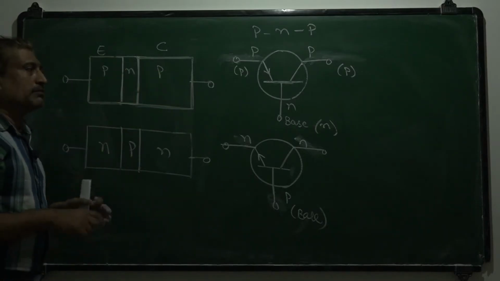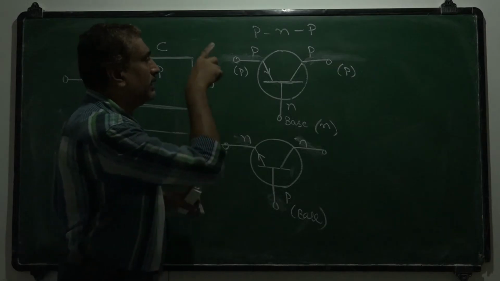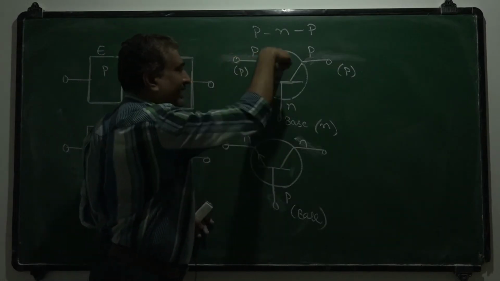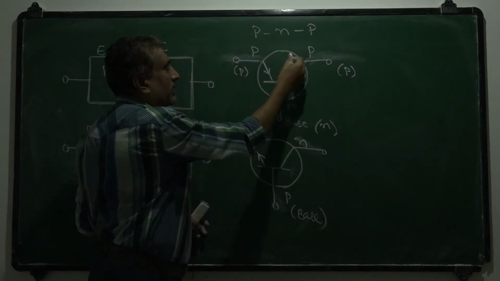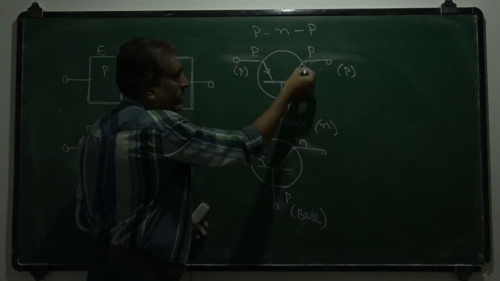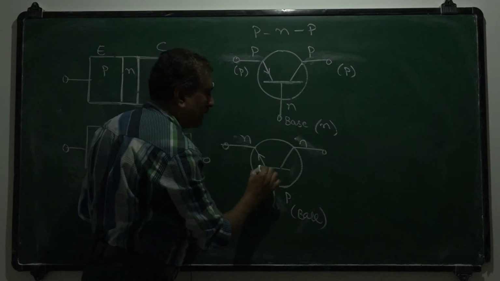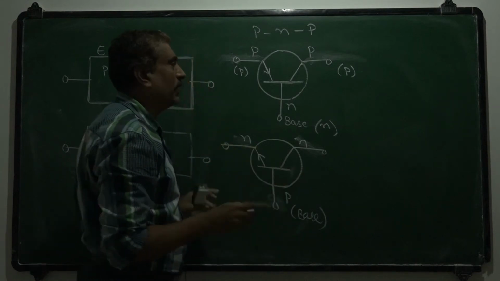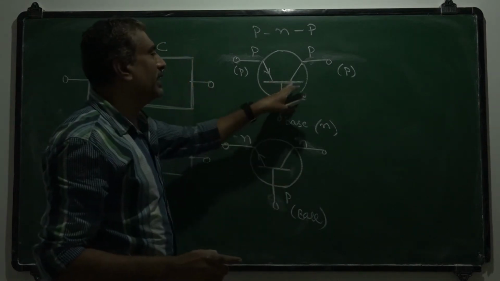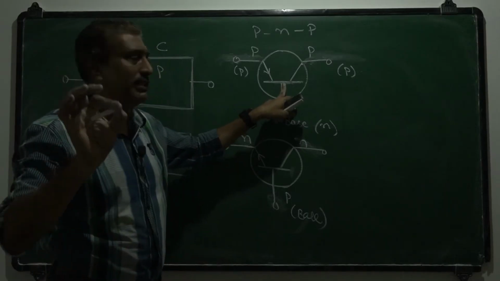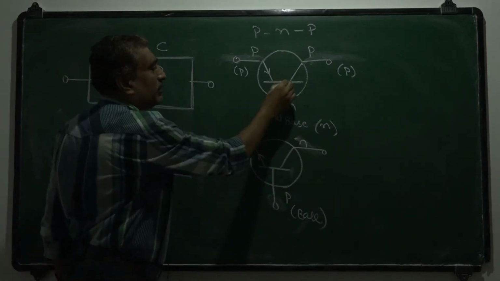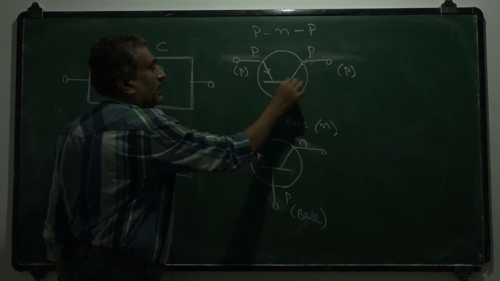Okay, and in an electrical circuit, these transistors are represented by these symbols. For PNP transistor, this is the symbol. For NPN transistor, this is the symbol. Okay, remember that these three lines should not intersect or merge at a point. Distance should be maintained between these three lines: base, collector, emitter.